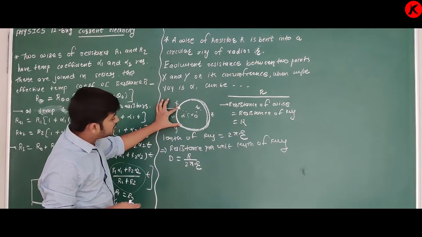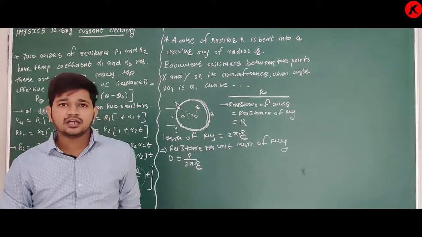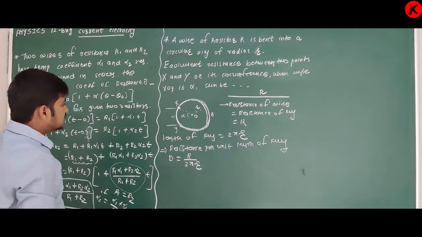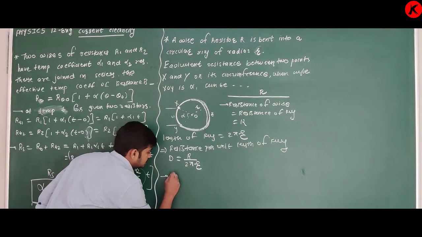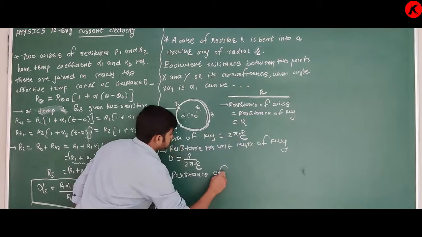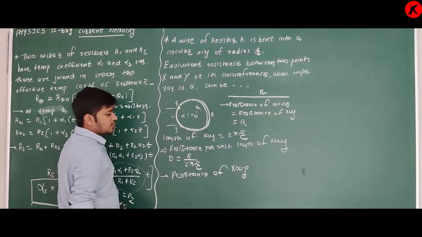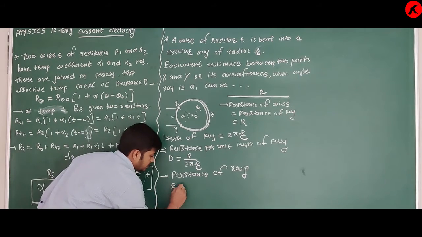XWY has two ends, X and Y. For the big one too, the two ends are X and Y, which means they are in parallel connection. So first of all, you have to find the resistance of these parts. The resistance of XWY, the smaller one, R1, is equal to